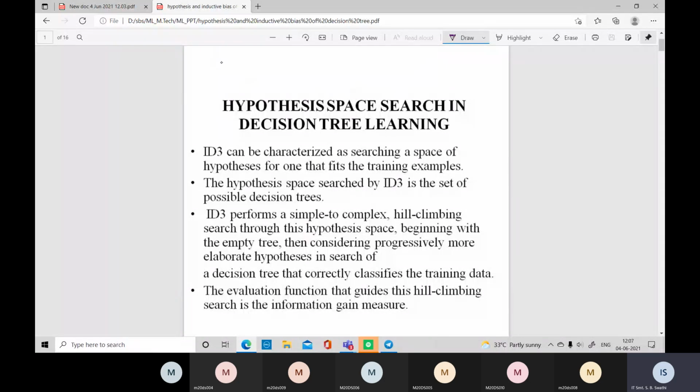Students, so last class we have seen about the inductive bias. Now what is inductive bias actually? We have seen inductive means what? Specific to general. We derive some general hypothesis from the specific instances. Now, when we are dealing with the decision trees, normally a training data set will be given to us. In that, already some fixed instances are there. Now these are what? These are specific instances. Means already some fixed data is there in each and every feature, and as well as what is output is also given.